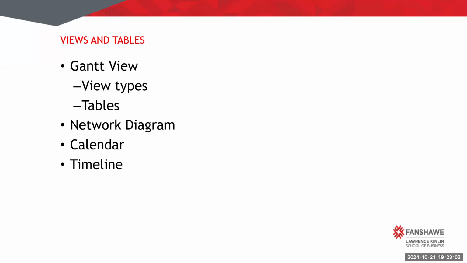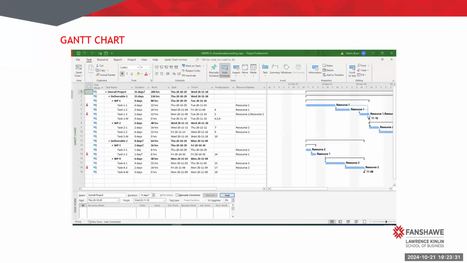We will also discuss tables. Tables in Microsoft Project are essential for displaying specific information, such as tasks, resources, and cost in an organized format. They allow us to analyze and view key data points in our project, ensuring that we stay on top of critical metrics. We'll then look into filters, which help us focus on particular aspects of our project, such as